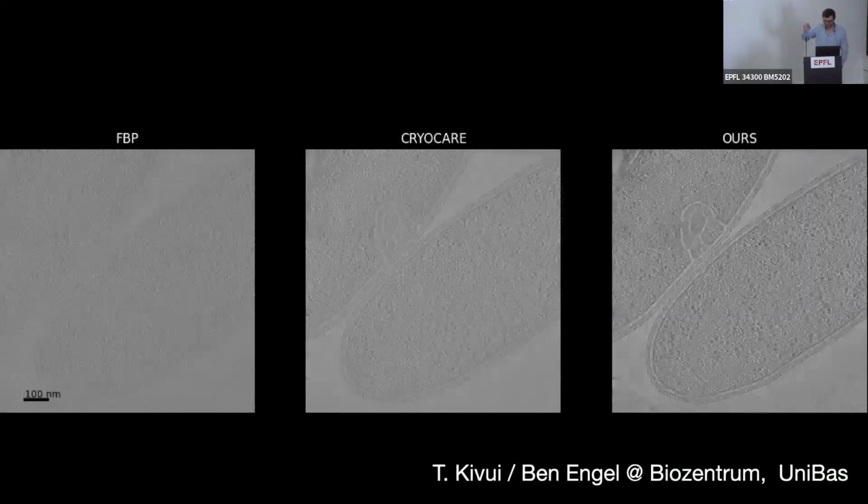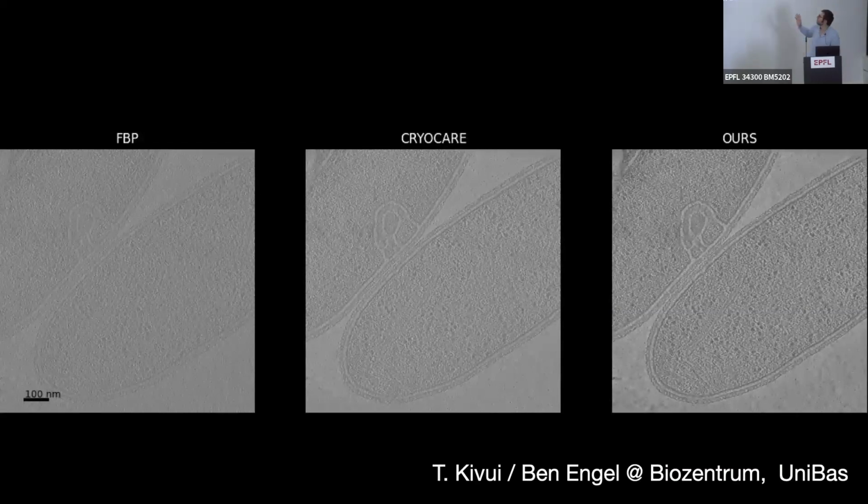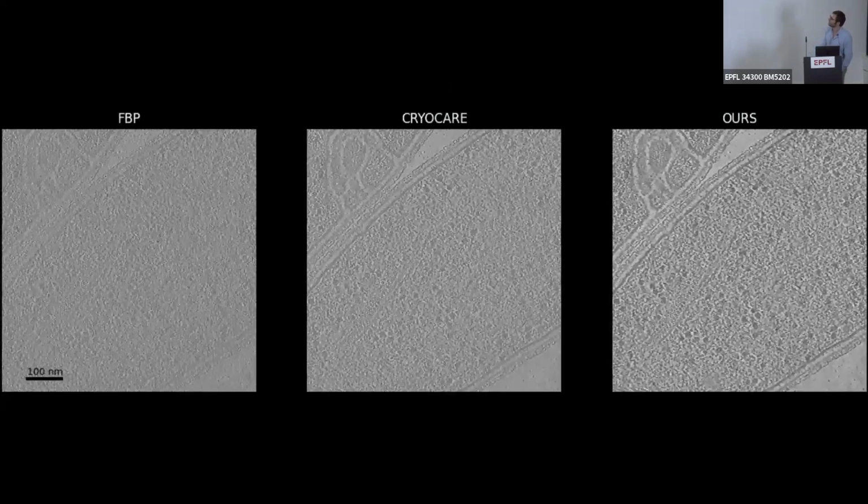And so here are some results. I'm getting close to being finished with everything. So we're experimenting with real tomograms of bacteria called TQV. This is from our collaborators at the Biozentrum in Basel, Ben Engel's group. And maybe it's hard to see stuff here, so I'll zoom in. So here I'm showing you, we're doing a reconstruction that has been trained end-to-end on simulated data, and we're solving a real problem from real data, right?